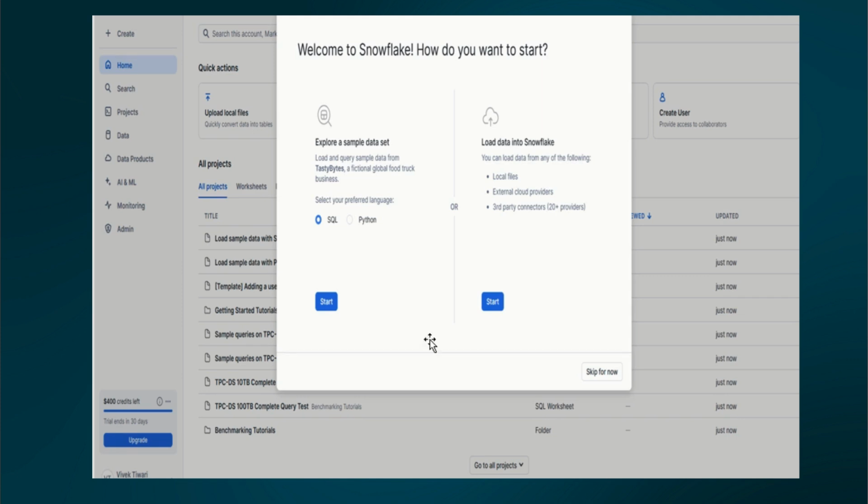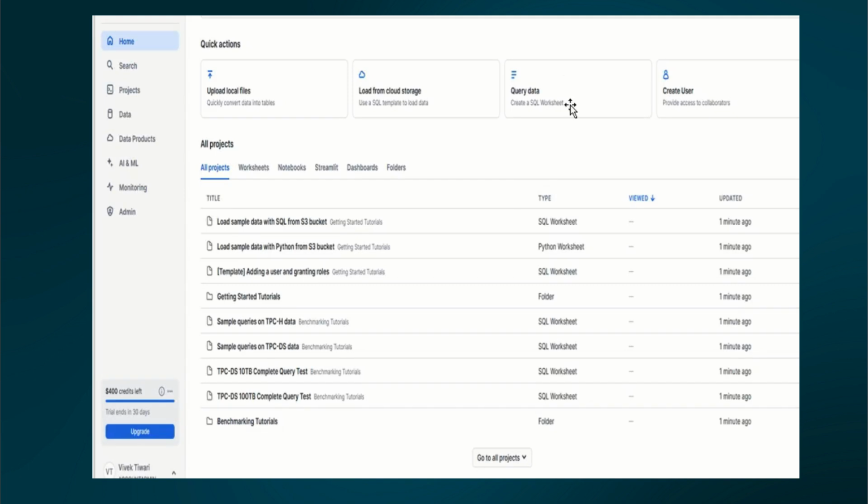you can see this window appear. I'm not filling anything here. I'm just clicking the skip now button, and after skipping, this kind of window will appear in front of you. So as of now, we have already set up our Snowflake account, and all of the features I will cover in the next videos,